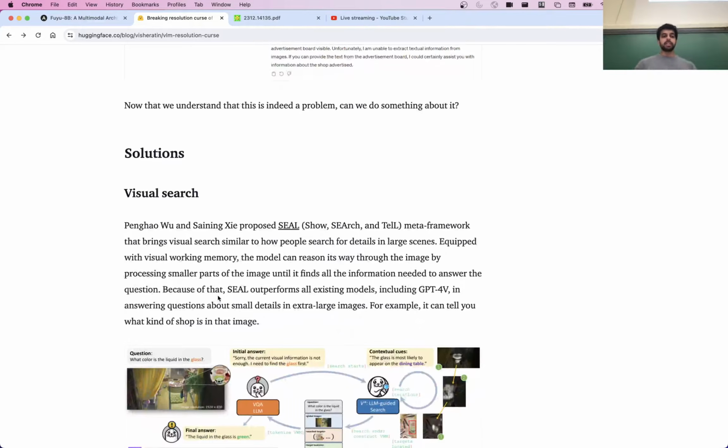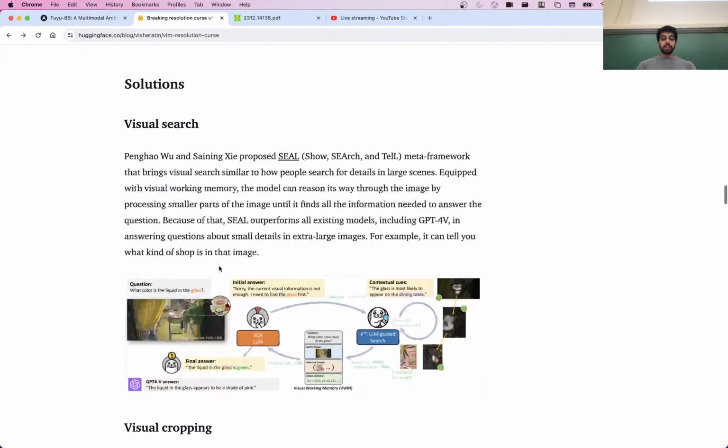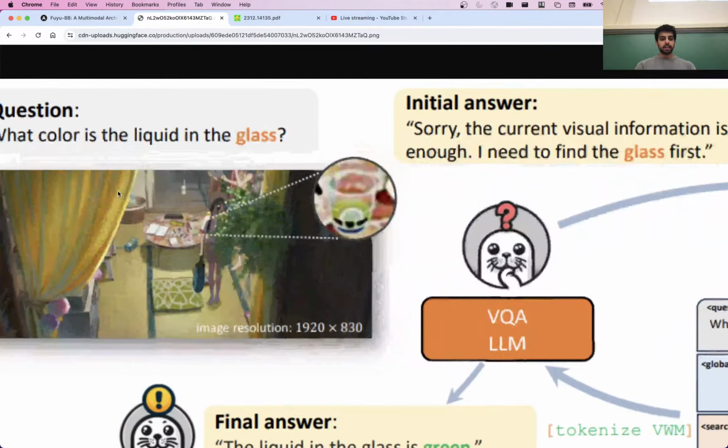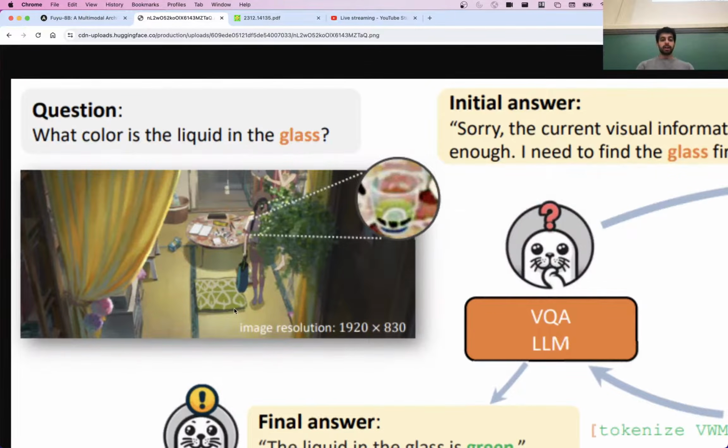And some of the solutions in this blog post, which I linked on the website, are pretty interesting. So this one, I think, is at least conceptually quite interesting. If you have a similar construction where you have an image and you want to ask a question about something that's a small part of the image, first you might want to identify where the glass is, right, before you start to answer this question.